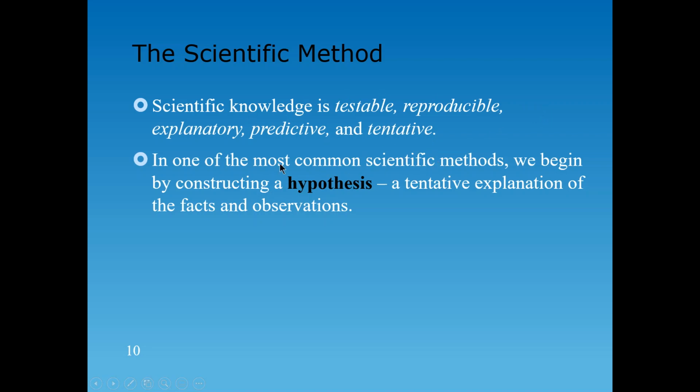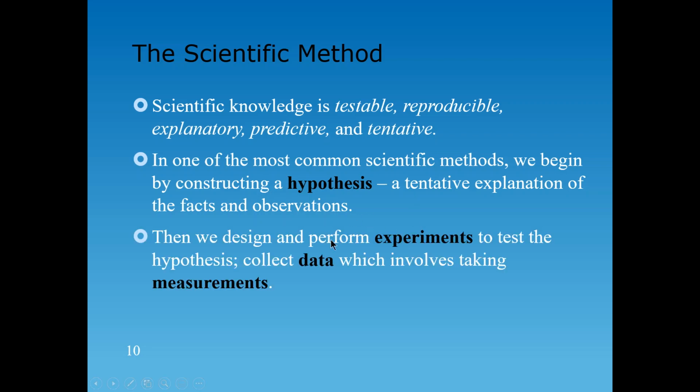So the very first step involved in the scientific method is what is known as a hypothesis. We construct a hypothesis, which is basically a tentative explanation of what is observed, facts and observations, all right? Now, please note that this explanation, in addition to being tentative, should be reasonable. It should be a reasonable explanation. So we cannot just come up with any explanation. It has to make sense. In fact, it has to make sense in terms of being a very reasonable possible explanation for what is observed,